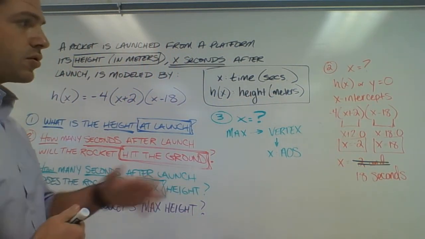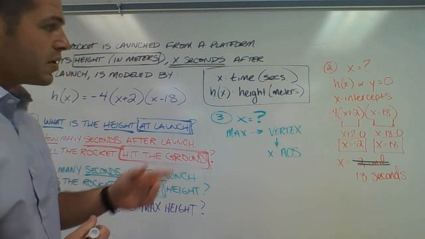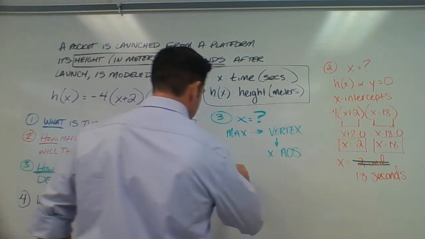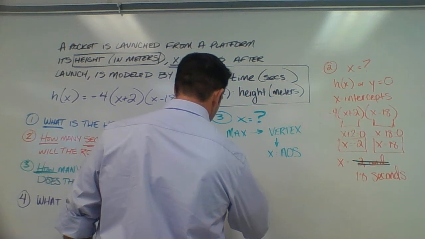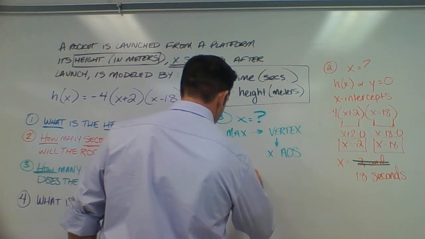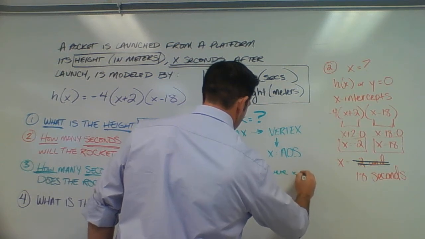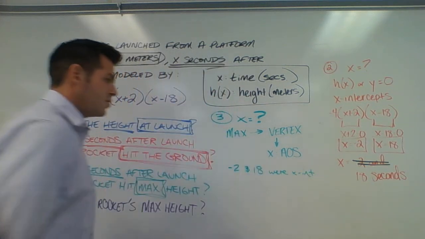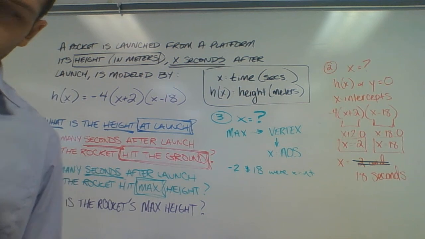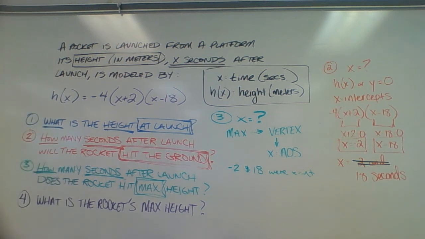Now, our 2 intercepts here were -2 and 18. Because -2 and 18 were our x-intercepts, what we can do is figure out where the middle of those